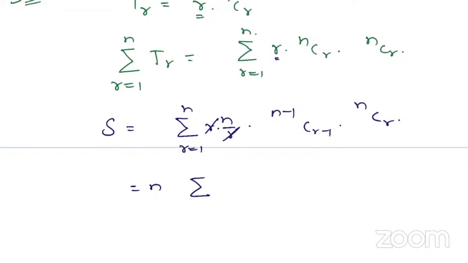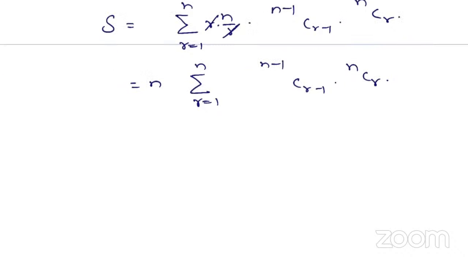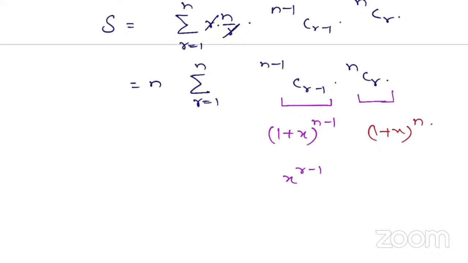N will be common out from this. You are getting summation R is equal to 1 to N, N minus 1 CR minus 1 into NCR. Now we have to apply the same fundamental we used in previous questions. Look, this is from the expansion of 1 plus x to the power n minus 1, coefficient of x to the power r minus 1. Again, this is in the expansion of 1 plus x to the power n, coefficient of